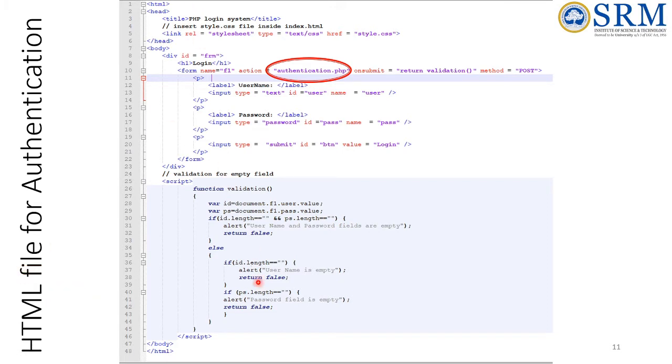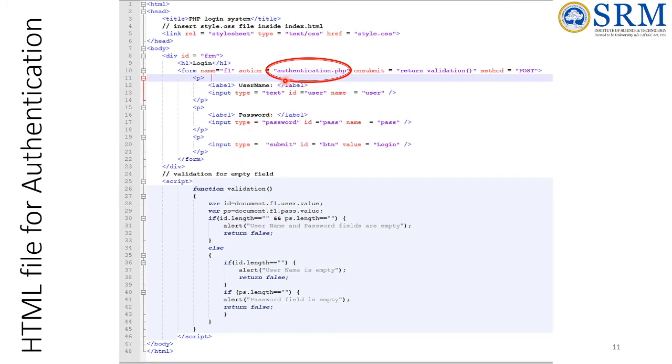It is a simple HTML file, but we need to add the required PHP file at the correct place. For this I used a simple style. I included an external CSS file over here, and inside the body of that HTML, I created a form.